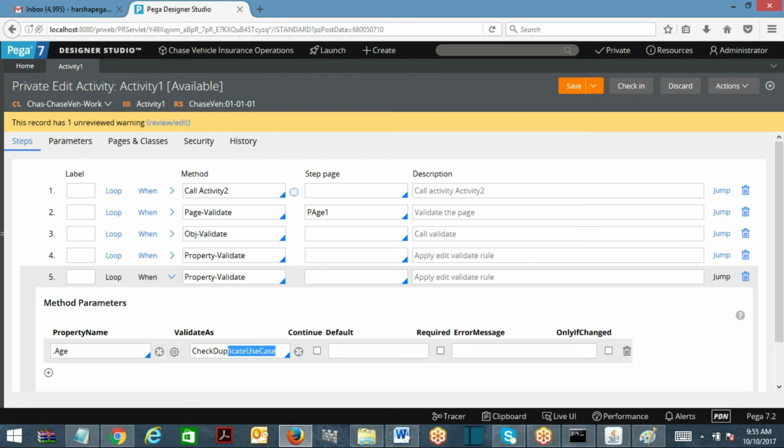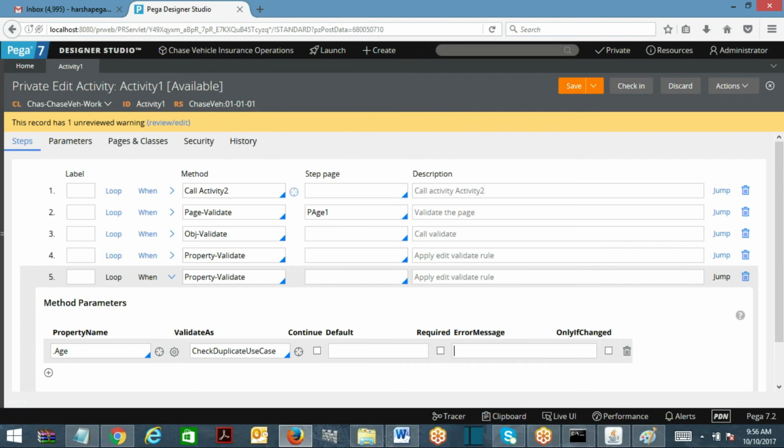At runtime, the value will be passed into this validation and it will validate. This property already has an edit validate called, but I am using another edit validate here, so this will take priority. Activity level will take priority. You can define your own error messages, for example, it is a required property and should have a value. You can go ahead and click okay. This is about page validate and property validate.